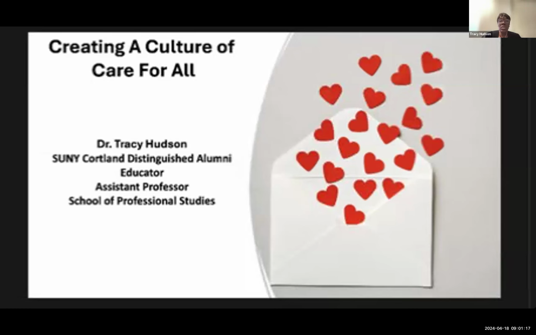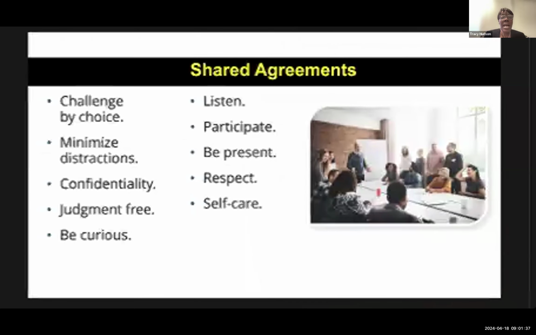I'm from the State University College of New York in Cortland, and I would like to welcome everyone to what I hope will be a transformational experience in terms of impacting one's practice with regards to creating a culture of care for all. So with that being said, I'm going to go ahead and move into my next slide, which is typically a